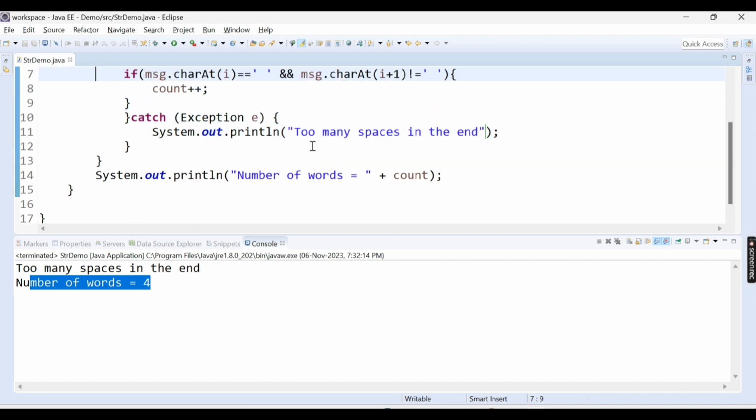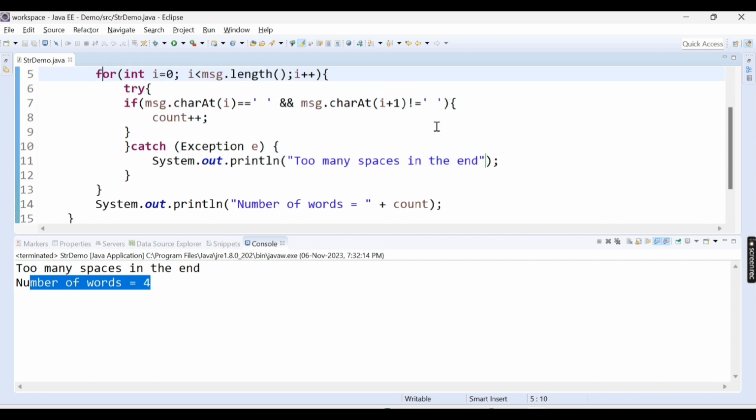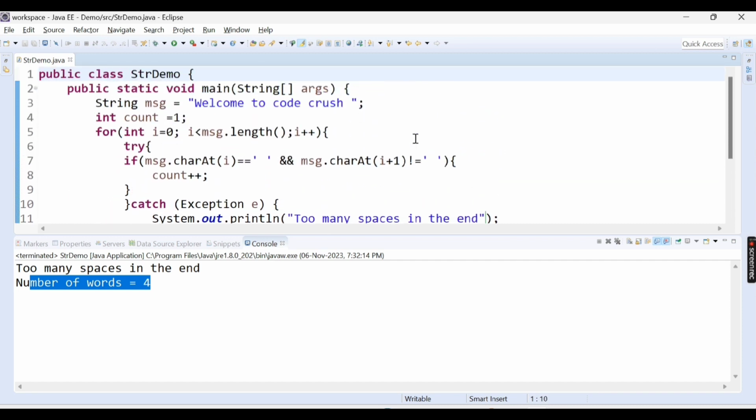So now our code is working fine without any exceptions, and you can provide many spaces between. Let's say if I provide in the end, if I provide in the middle, then also our code will work perfectly fine. Let's see. See, number of words are 4. Let me remove this word. Welcome to just. It's just 3 words, right? So number of words are